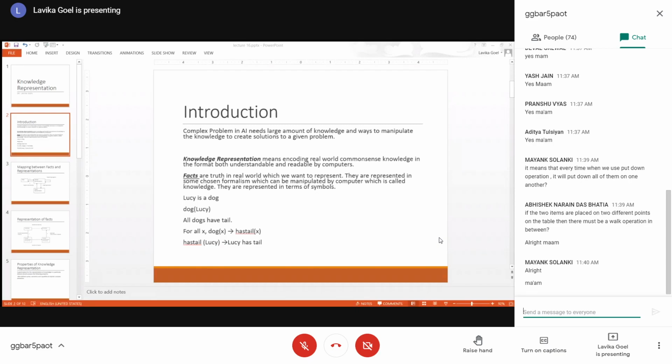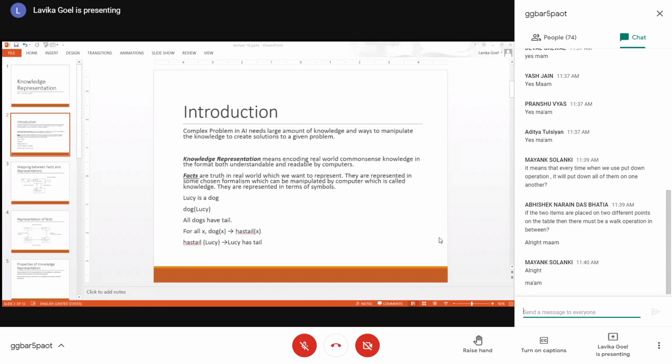But when I represent it in some logic format, that becomes an internal or symbolic representation. For example, Lucy is a dog is a natural language sentence, but when I write it as dog(Lucy), this is the representation in mathematical logic.